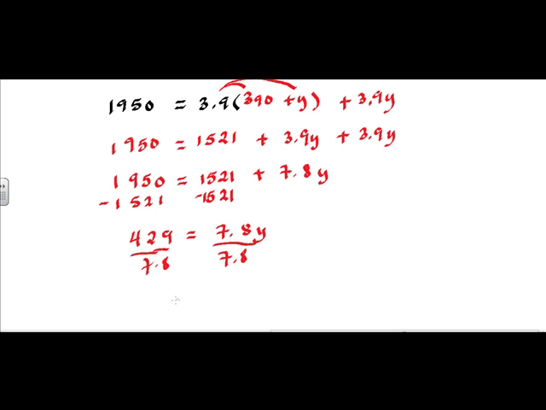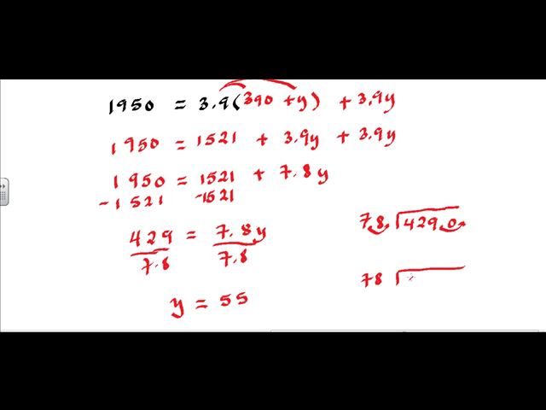So y equals 55. If you want to divide this by hand, put 7.8 outside. Right here, I can put a dot 0. And before you do anything, I will move the decimal to the right one time. So the problem becomes